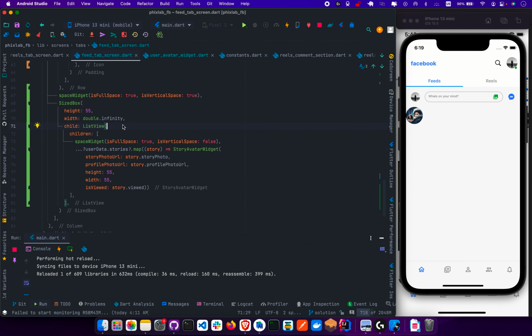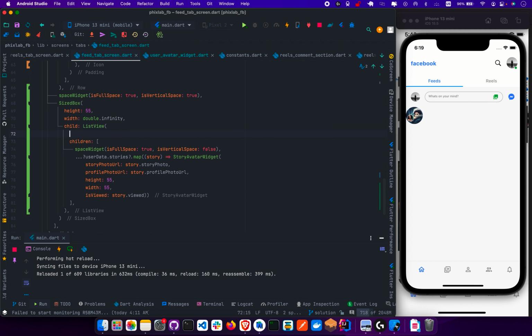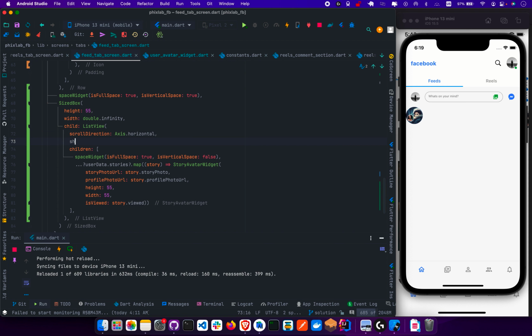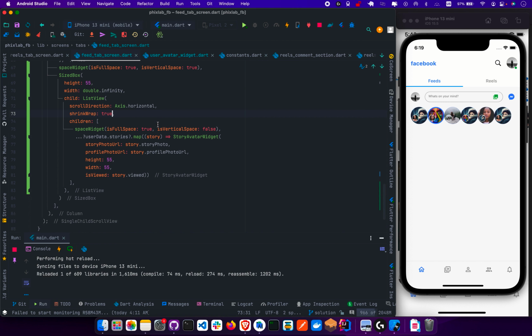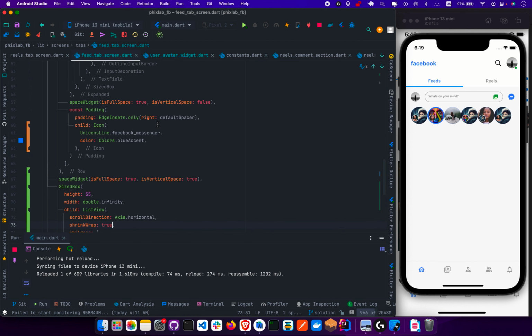First of all, let's make this guy really show up here. Let's add some direction to the list view. So scroll direction, I'm gonna give it Axis.horizontal. Let's make shrinkWrap true. For now, let's see how that looks. Okay, you can see that we have everything coming out. The only challenge we need to fix is